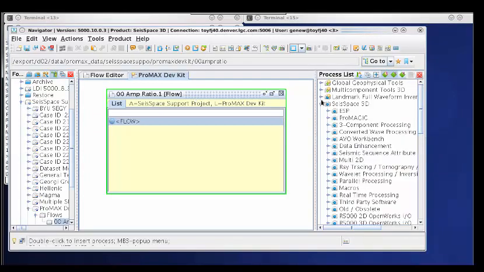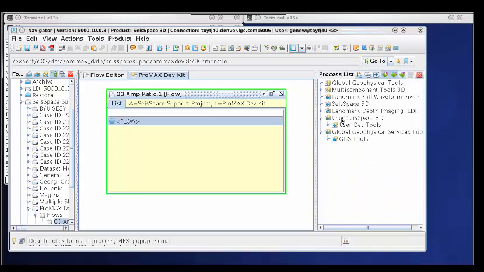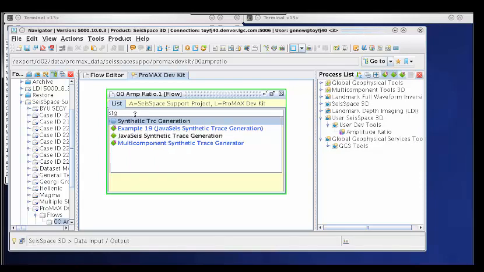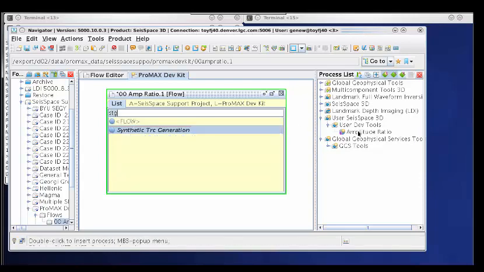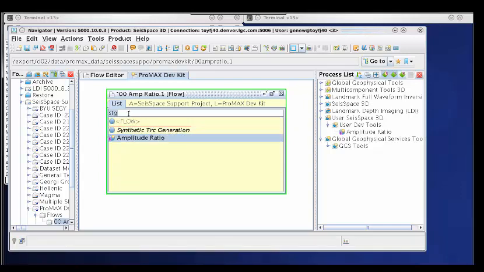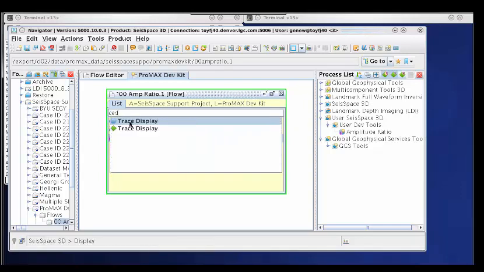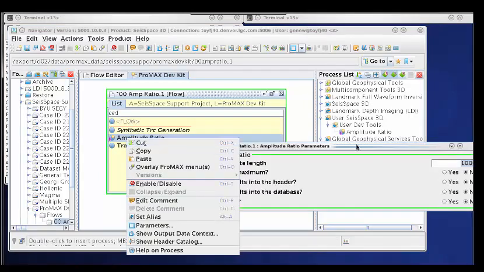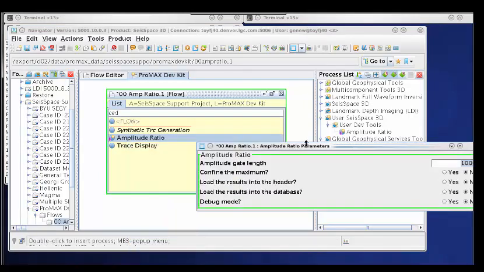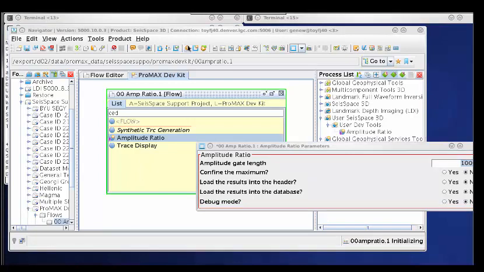Right, so if we now look here, we have the user, SeisSpace 3D, user dev tools, and our particular amp ratio. So if we just use synthetic trace generation and add that in there, and bring in amp ratio and then say CGD trace display. What amplitude ratio does is it simply takes two windows and scans down the trace and looks at the ratios of those two windows and plots those ratios, and what you're really looking for is where is the first break. So if we go ahead and execute that flow,